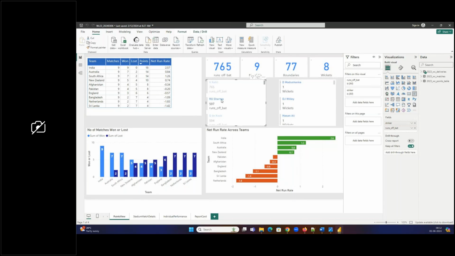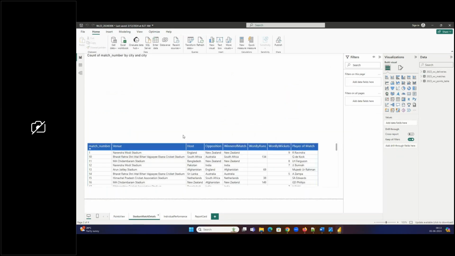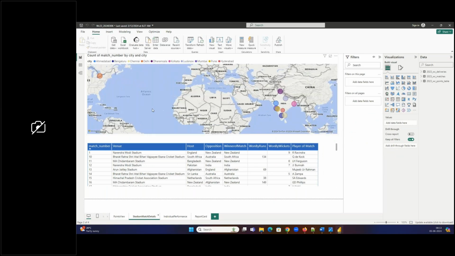Rohit Sharma, 597 runs, but he has scored 31 sixes, 97 boundaries. Similarly, Quinton de Kock was the third highest run scorer. So all these batsmen, suppose you want to see Travis Head, and India, how many matches they have won, all this, and this is net run rate, a little bit more on the visualization, positive, negative, and then if you go to further visualizations, now if you see here,